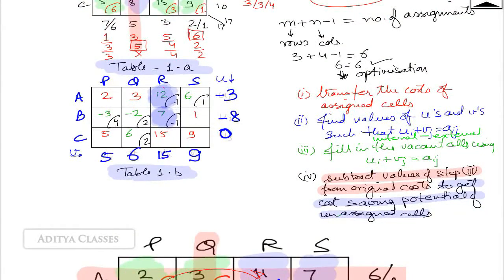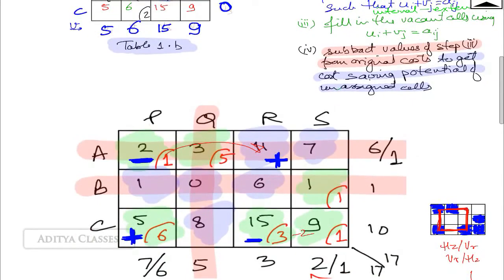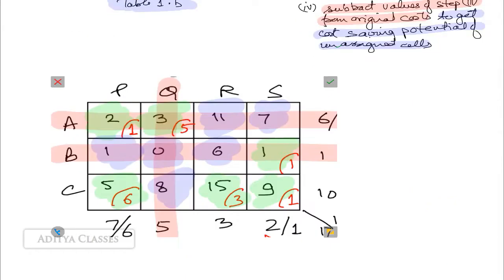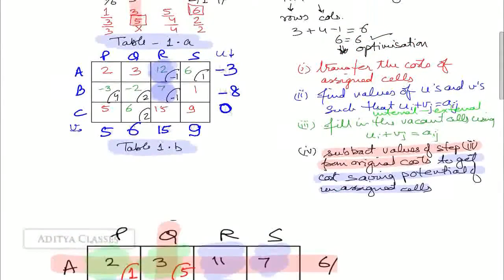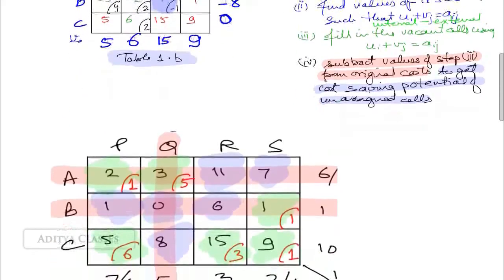We have made this transfer into this cell. But what about this cell? If you had taken this cell, what would have happened? That we need to check once again. Now we are checking if this cell had more potential.